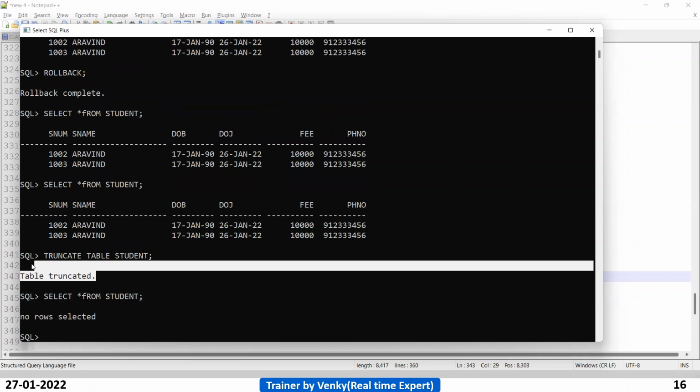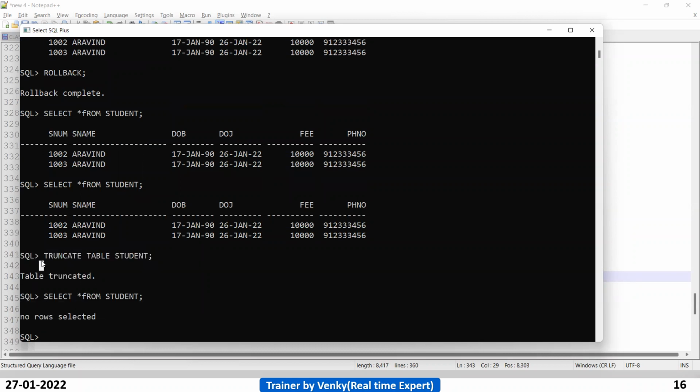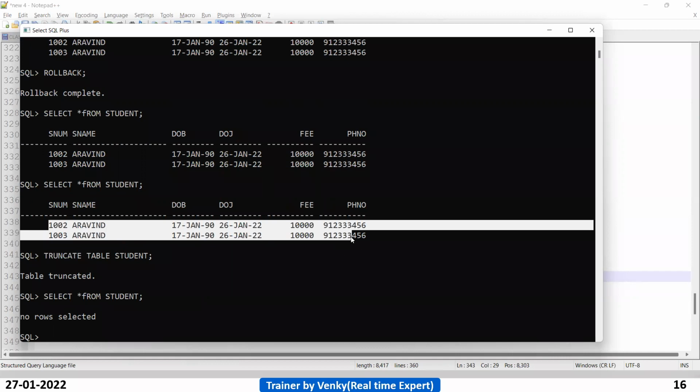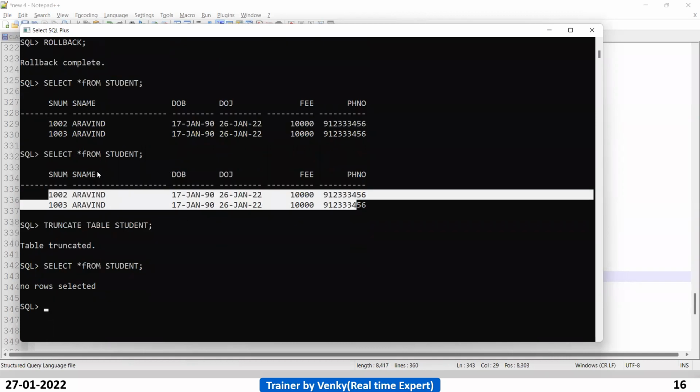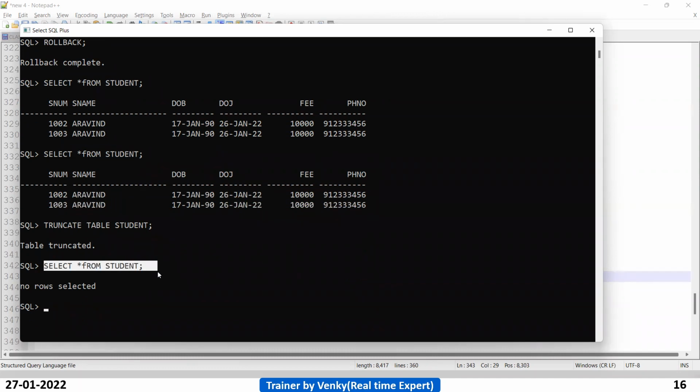Why no rows selected, guys? There are no records. Why are there no records? It removed all the rows. Yes, very good. When you use the truncate, it removes all the rows. Even if it is 1000 rows or 10 rows, it will remove all the rows. When you try to fetch the data, there are no rows.